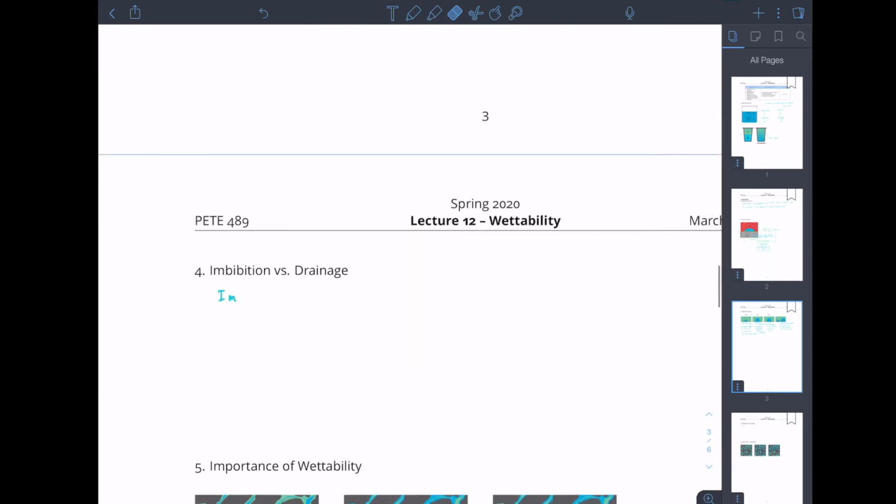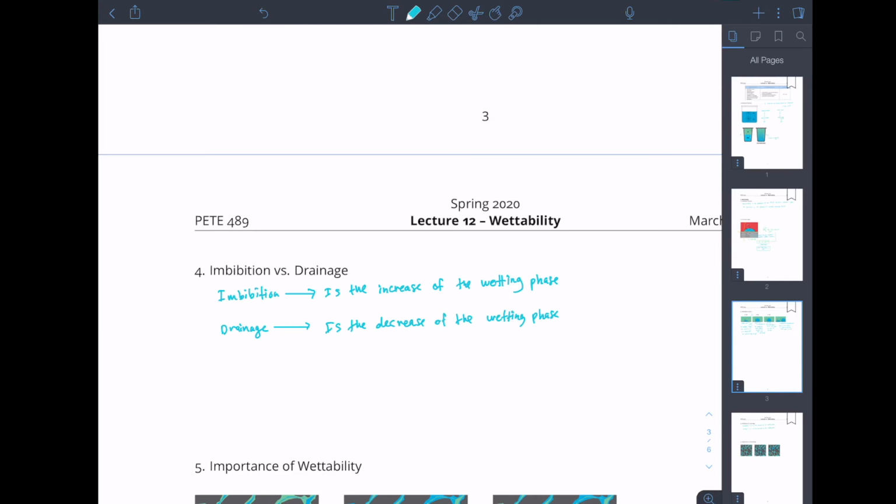So to go back to the definition, imbibition is the increase of the wetting phase and drainage is the decrease of the wetting phase. And we will discuss both of them in more detail once we talk about